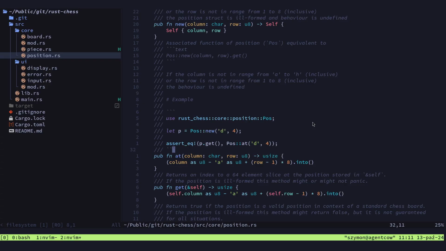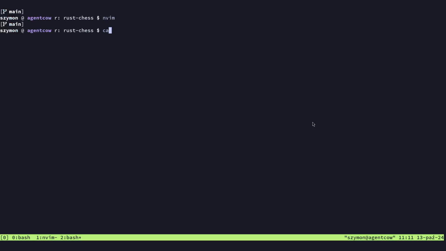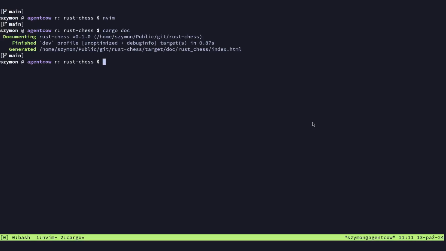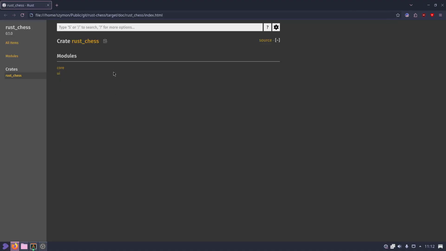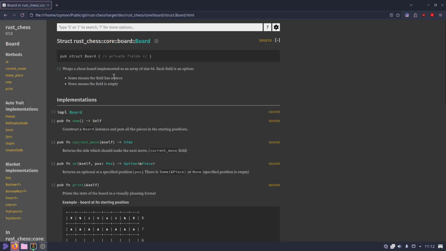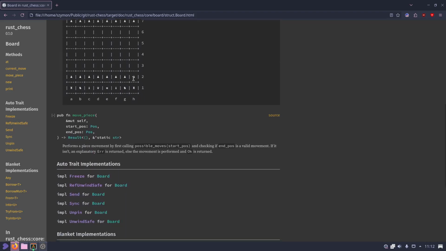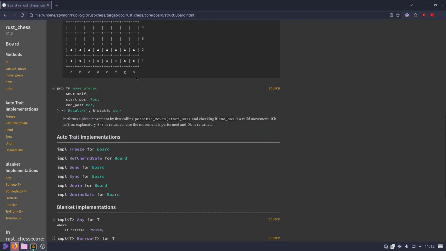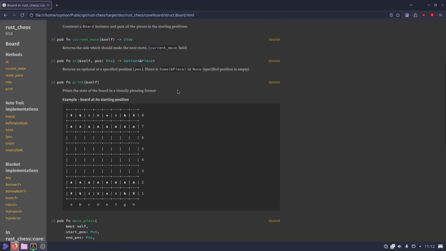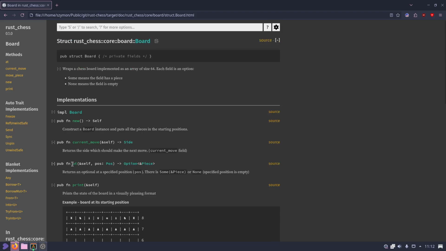What's also really good in Rust is that you can do this cargo doc. And let me actually open this doc. Alright, so this is the doc. And as you can see, well, mine is quite lame. There's not a lot, but you can go to core, to board. And here, if you dig deep enough, you have a nice documentation with everything there is to know about a structure. So as you can see here, we can read what the add function does,